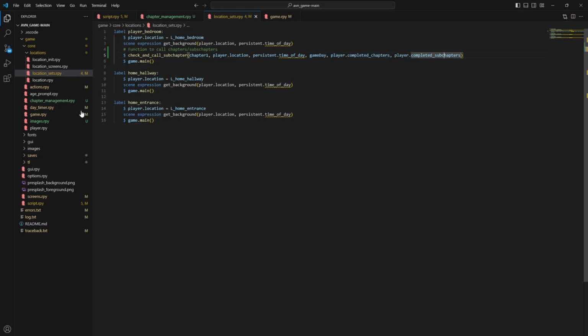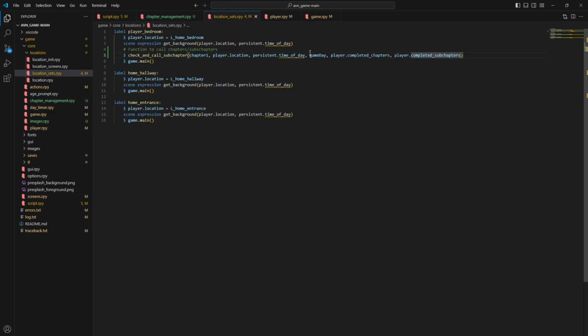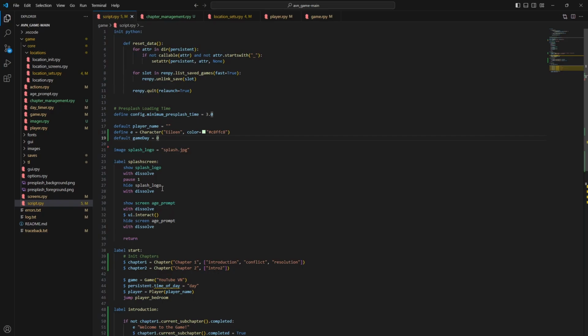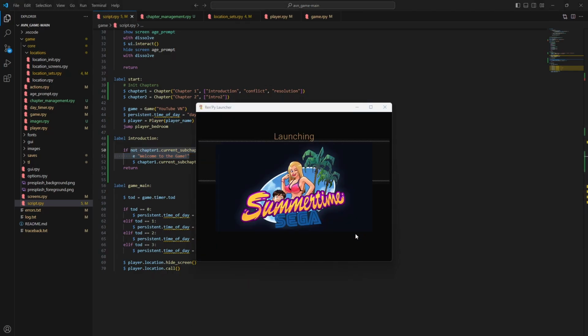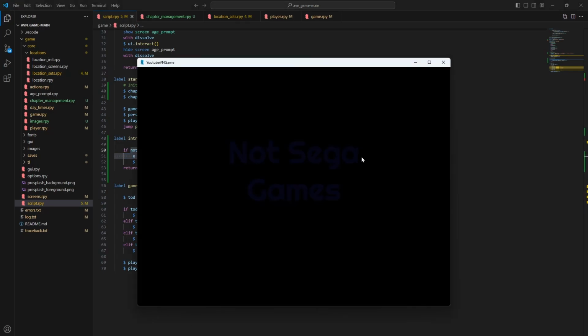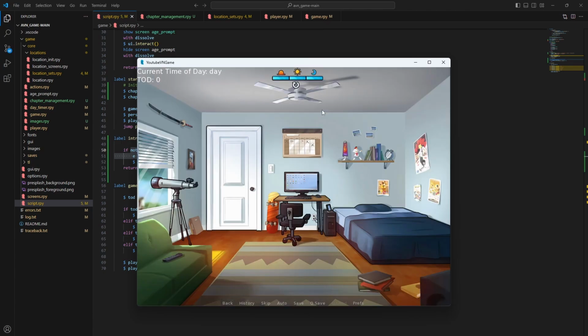So there isn't any errors with this. Let me go ahead and go into player and add that in. I'm also going to do a location is equal to none, and completed chapters is equal to this, and completed subchapters is equal to that. That way there's no errors hitting this. But with that being said, let's go ahead and add that. So this should run now. Let's go ahead and check. Yep. And